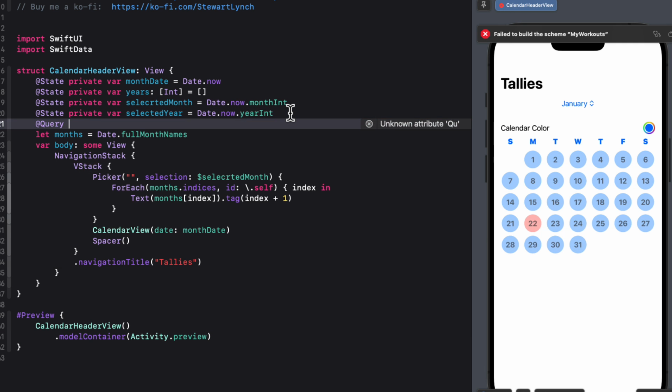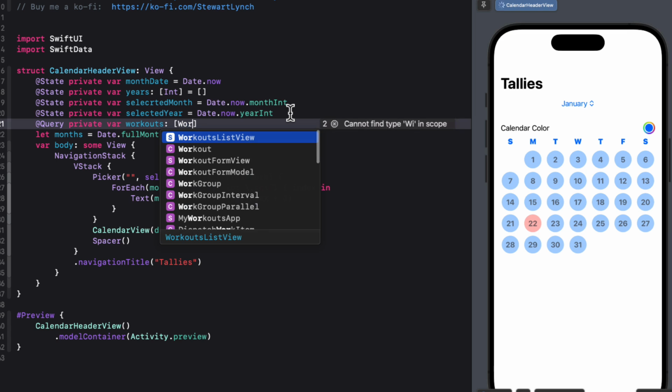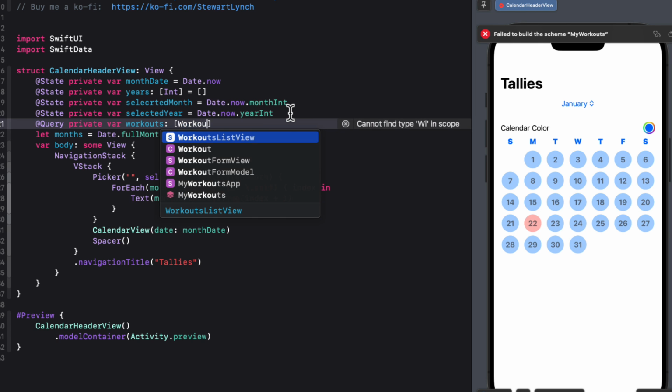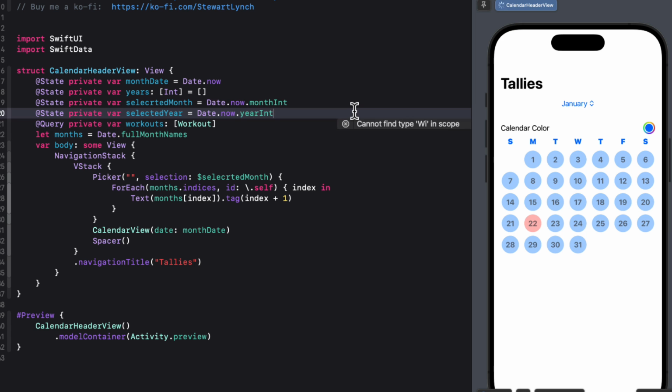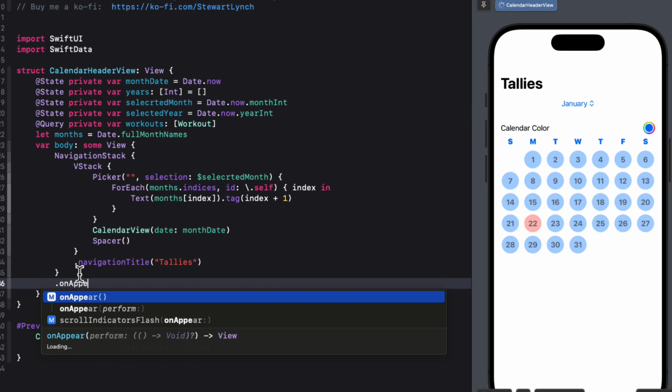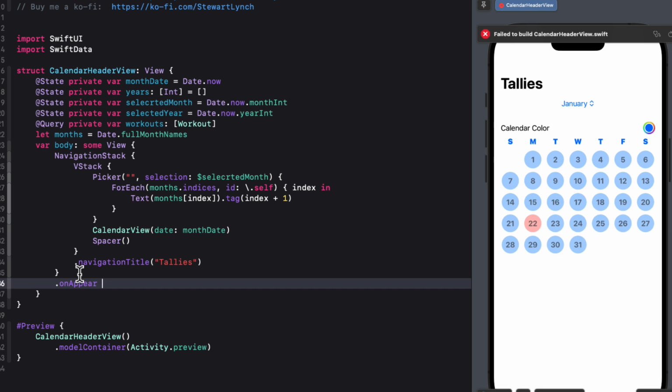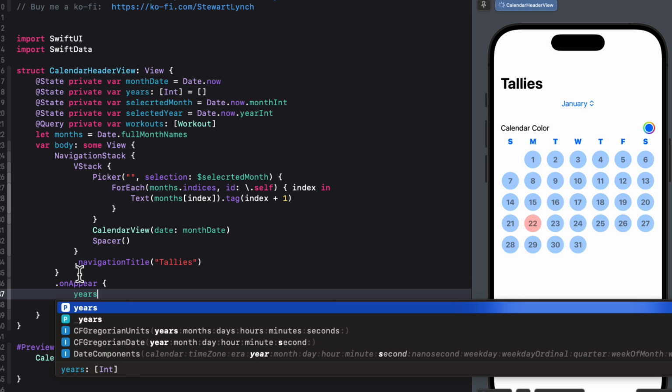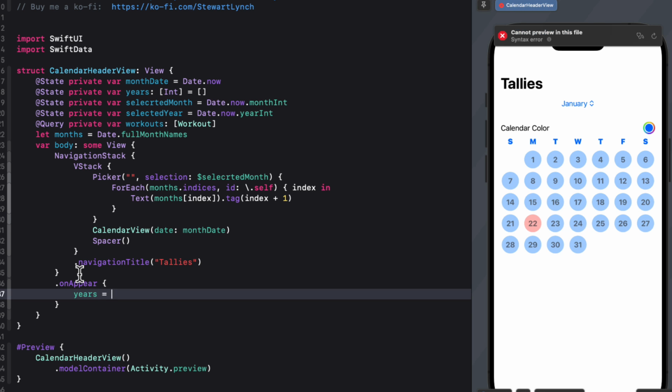Now we can create a query that we'll call workouts that will simply fetch our array of workout. Remember, each activity is going to have a workout, but if I fetch all the workouts, it'll get me all the workouts for all of our activities. And then I can create an onAppear block, where I can extract all the years, and I'm going to do that by mapping the workouts array by extracting the iterators